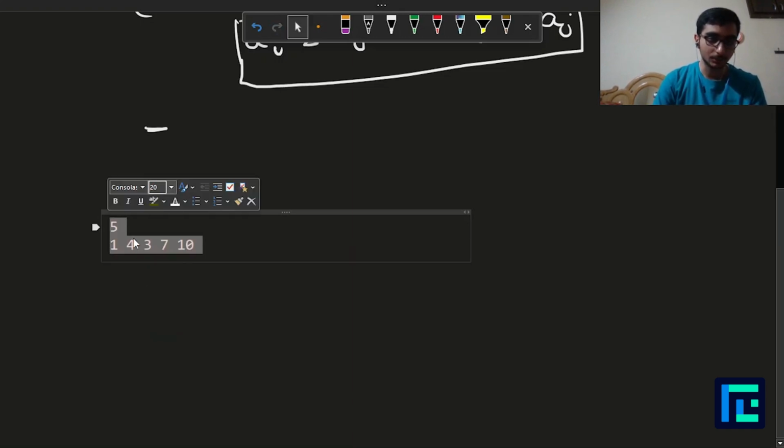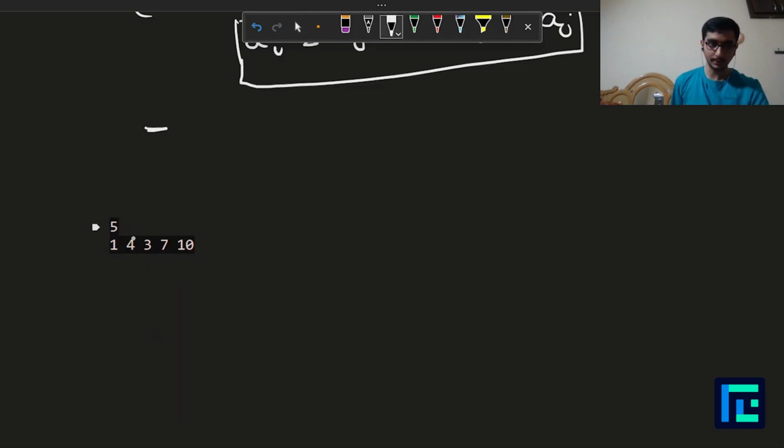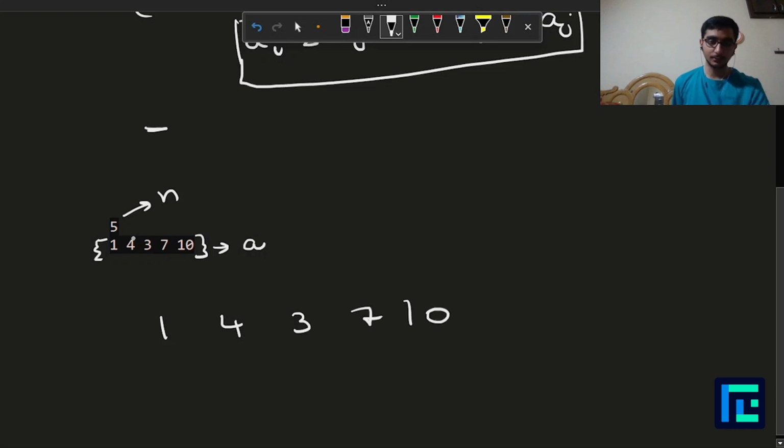Great. So now this is n and this is our array A. If I write my array here, 1 4 3 7 10, and I mention the indices 1 2 3 4 5,